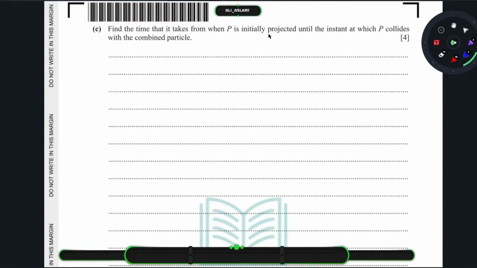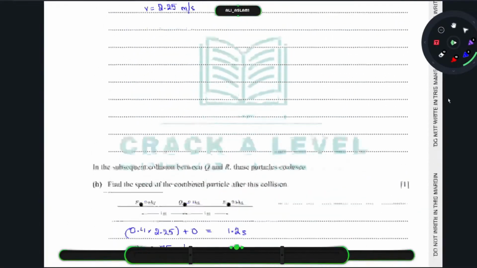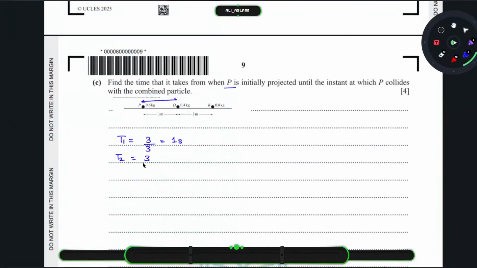Find the time it takes from when particle P is projected until the instant at which P collides with the combined particle. So basically, we break it into stages. Stage 1, T1 would be the time taken for P to collide with Q. It was initially projected with speed 3 meters per second, so that would become 1 second. Now T2 would be when Q collided with R. Q was traveling with 2.25. So 3 divided by 2.25 is